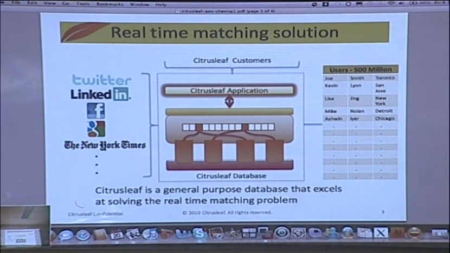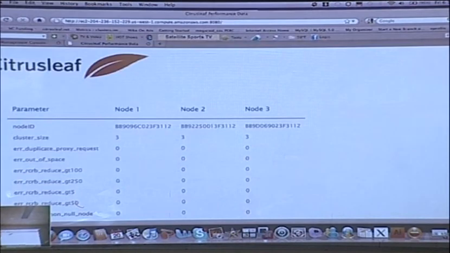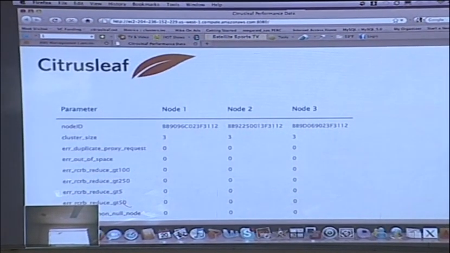I think I will stop here and go check on the demo to see if my servers are up. So you see right here, right? What I showed before is I had only one node, and now I started 2 more instances. And while I was presenting the other slide, these other 2 instances